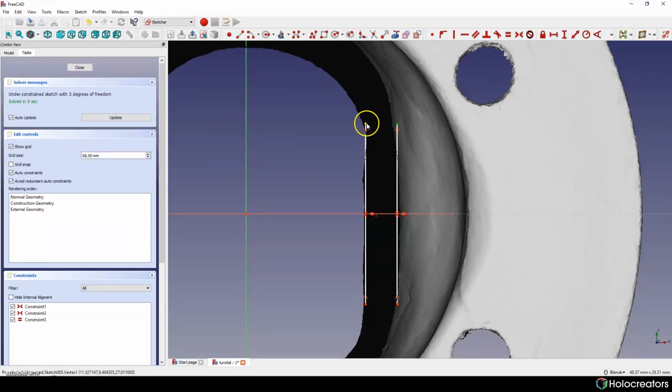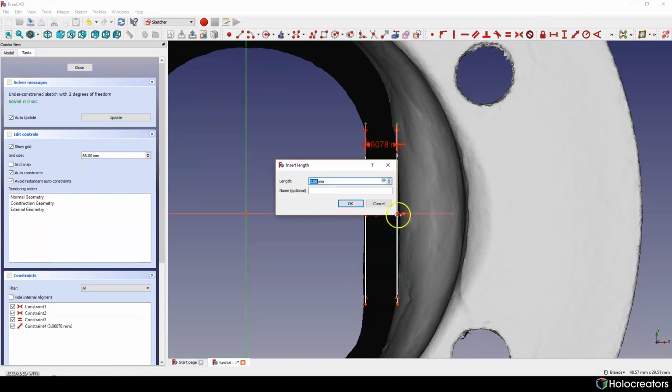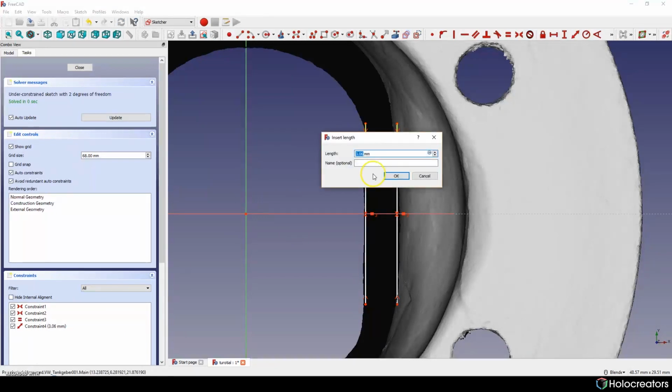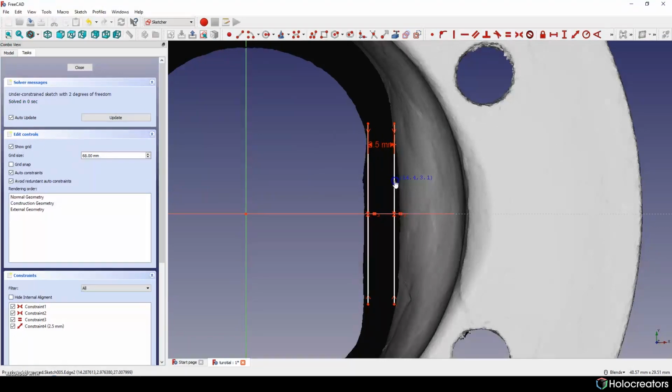Then we can put our thickness to it, but it's 2.5 millimeters. Now it looks perfect.